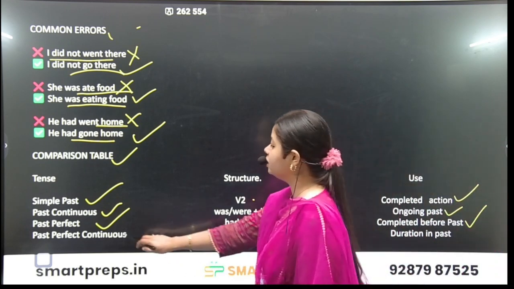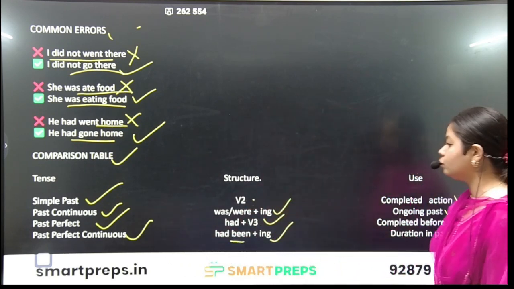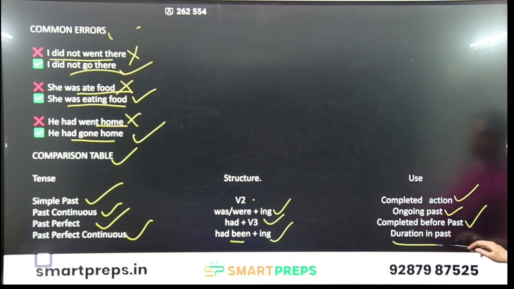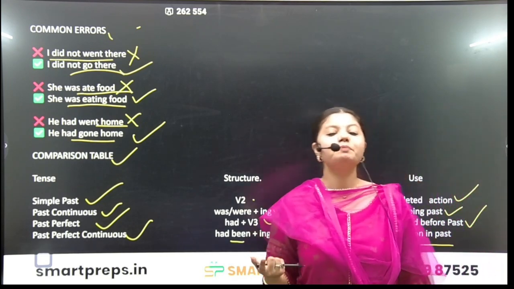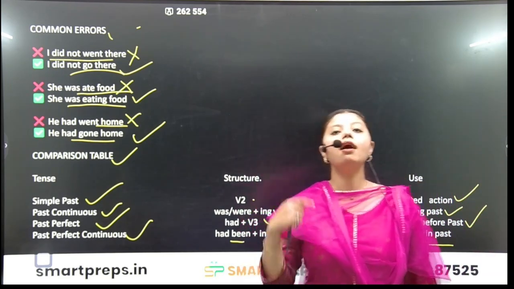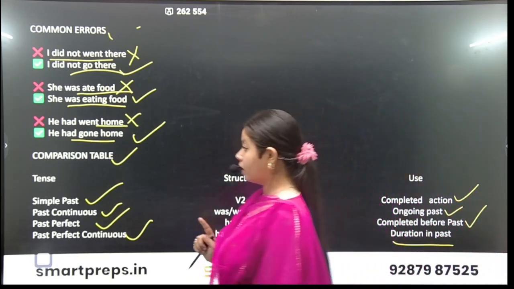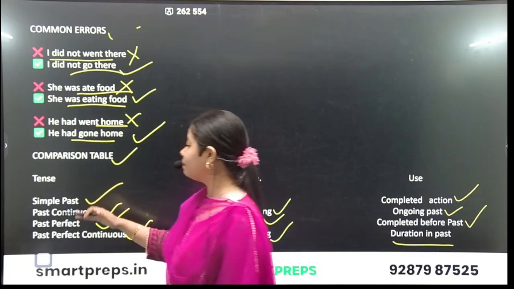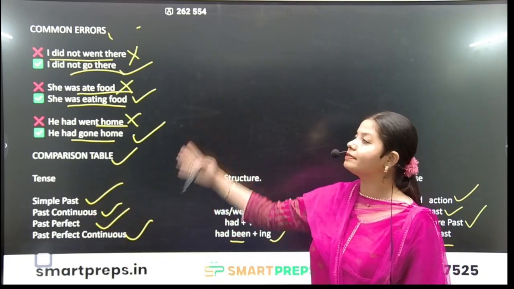Past perfect continuous tense, its structure is what? Had been plus ing will be there. Then duration in past. It means the action was ongoing for a specific time frame in the past before any past action. Okay, these are simple past, past continuous, past perfect, past perfect continuous tense, the 4 subtypes we have understood